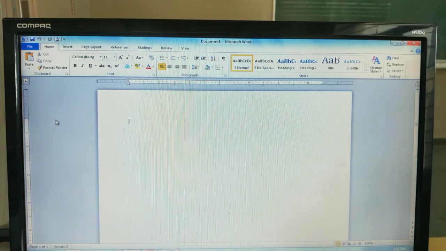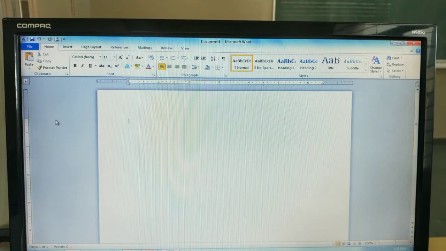Editing has so many circumstances. Suppose you have already entered some text in Microsoft Word and you need to change some text. This changing is nothing but editing. What kind of change can we make in a Microsoft Word document?